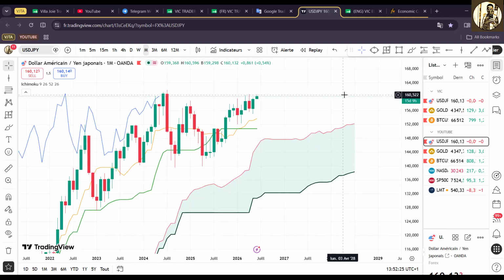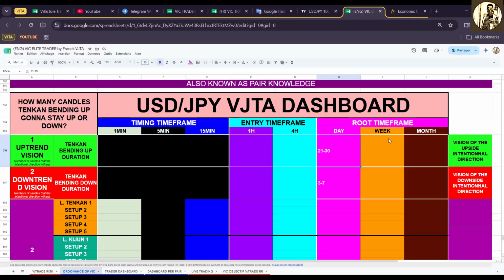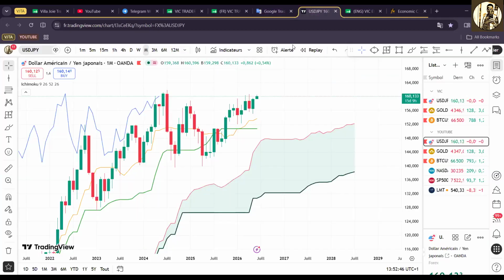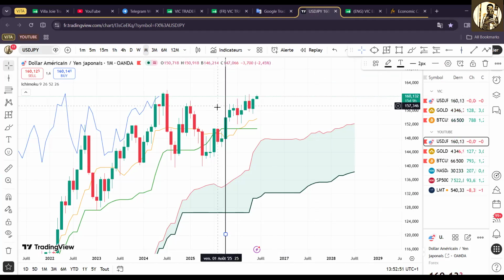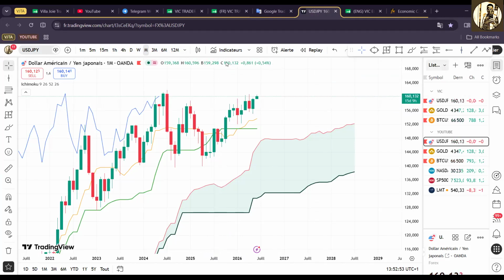I feel like I don't have any proof about what I'm saying. I just feel like it. So that's why I didn't create in this document a part that goes to 3 months, 6 months. I just don't want to do that because it's not related to our profile as retail traders. So we have this level, and now we will use only Tenkan.